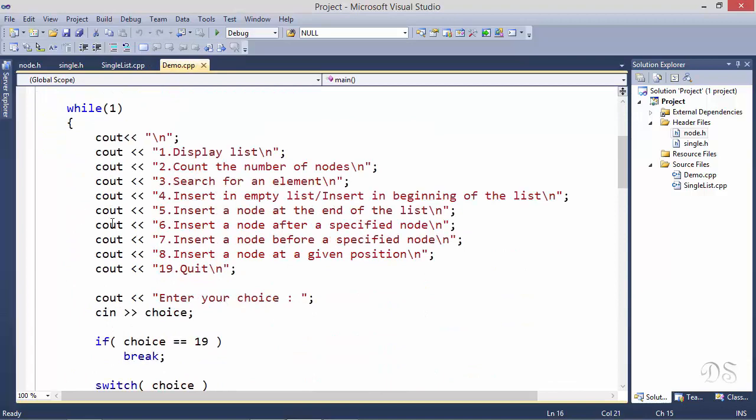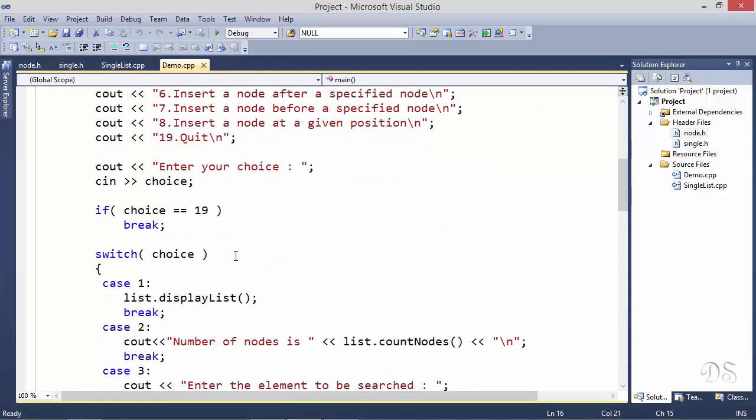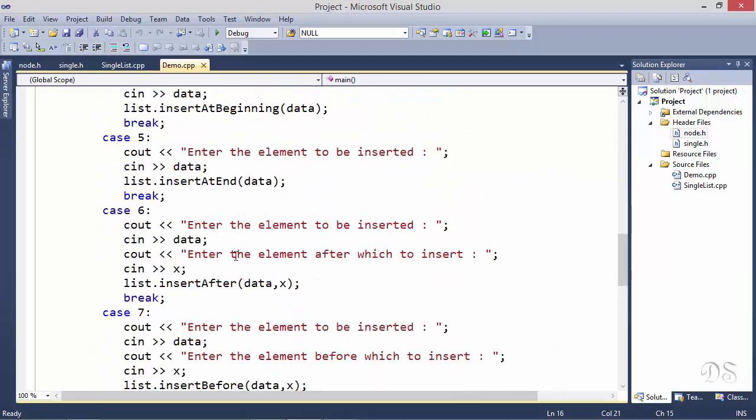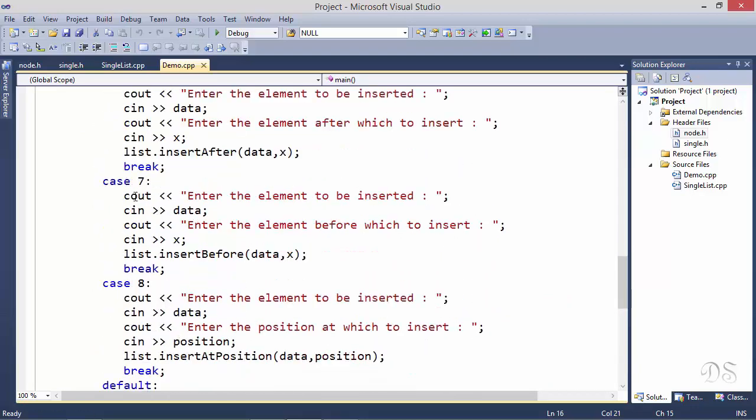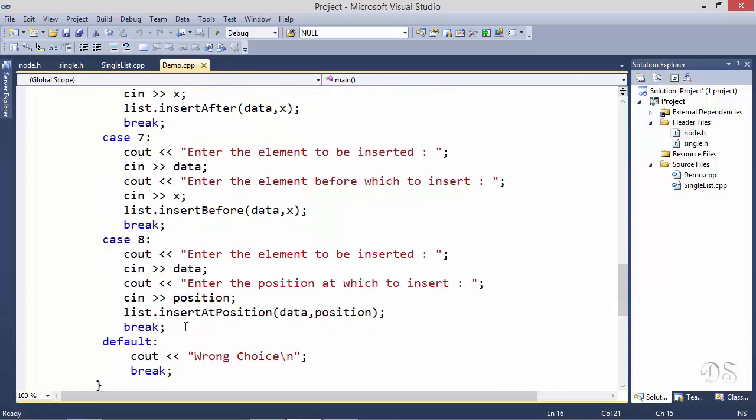We've called these functions in cases 6, 7 and 8. So here we have called this function insert after in case 6. In case 7 we have called this function insert before, and in case 8 we have called this function insert at position. Now let's run this program.